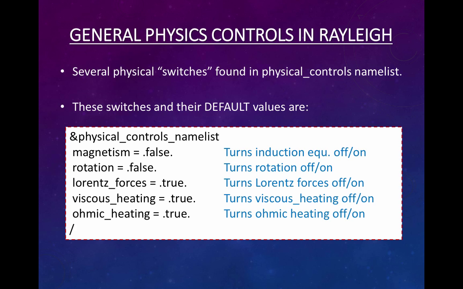And when magnetism is false, the induction equation isn't solved. None of that goes on. I will say viscous heating right now is off in the Boussinesq mode that we'll discuss. That's going to be fixed soon, but I realized I had an incorrect coefficient in front of that. I need to check. So when you run the benchmarks, ohmic heating is turned off, but its default is to be